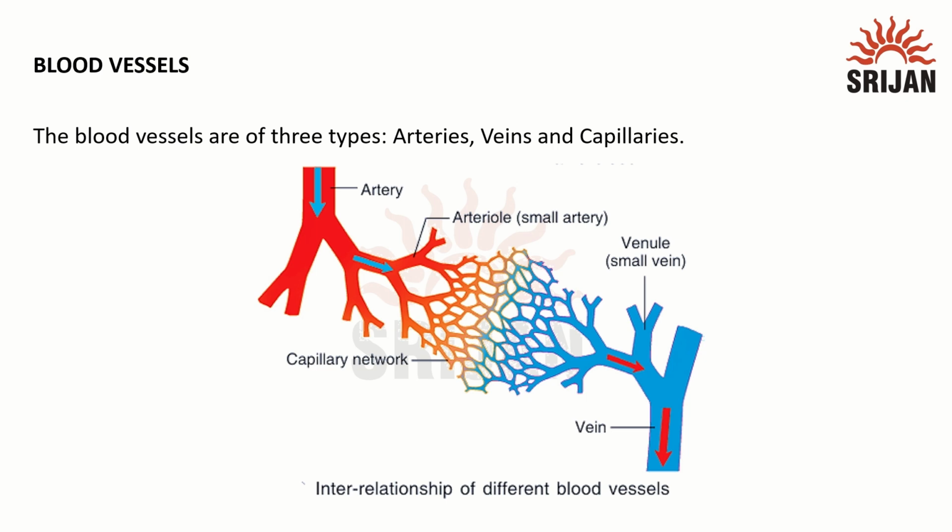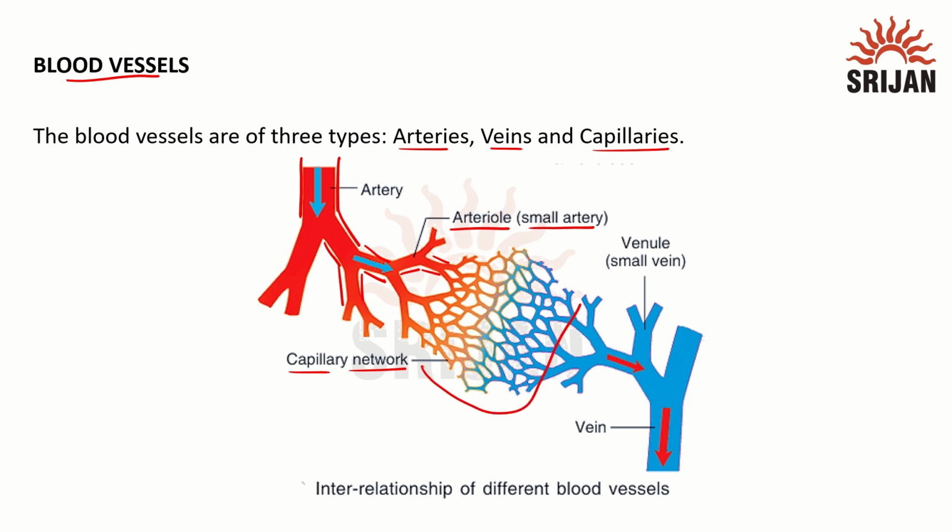In this video, we will learn about the blood vessels. Now we know blood vessels are of three types: arteries, veins and capillaries. So the artery which comes from the heart will bifurcate or branch out to produce the finer branches known as arterioles. And arterioles can further branch out to form the thinnest blood vessel, that is the capillary, which is found